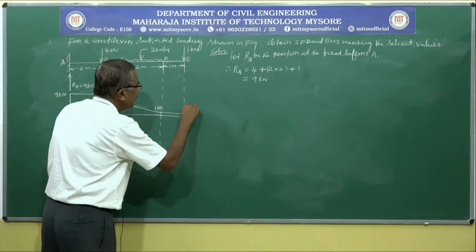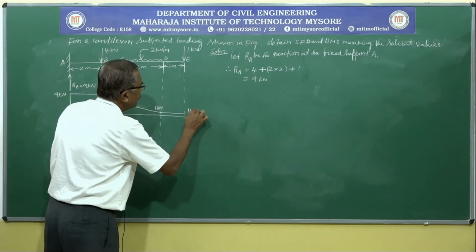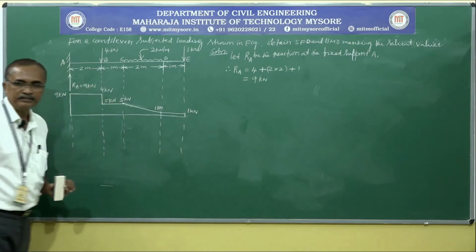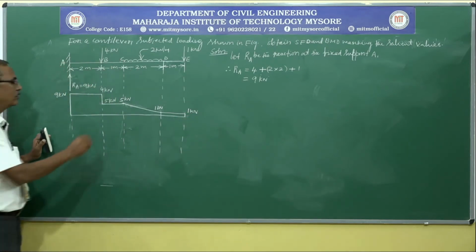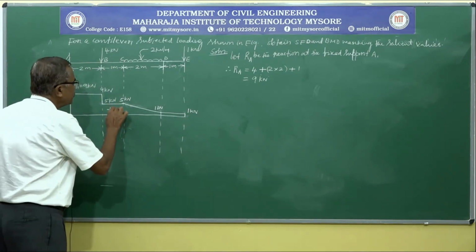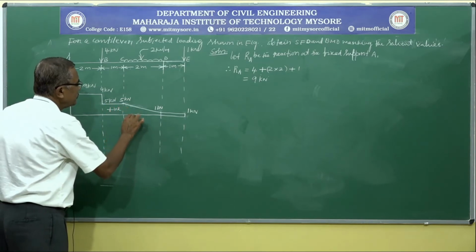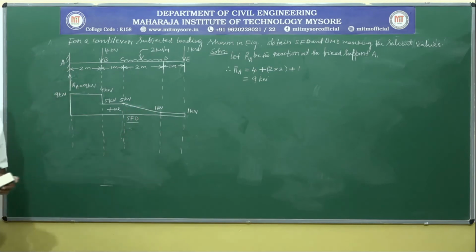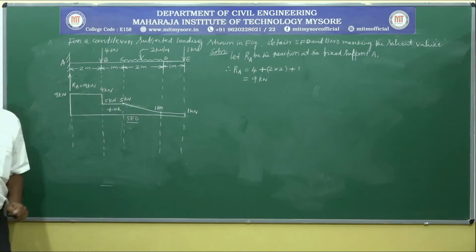At point E there is a point load acting in the downward direction, come down and join with the reference line. So shear force diagram above reference line positive, this is our shear force diagram. See how easy. Just after calculating the reaction, we can comfortably draw the shear force diagram.